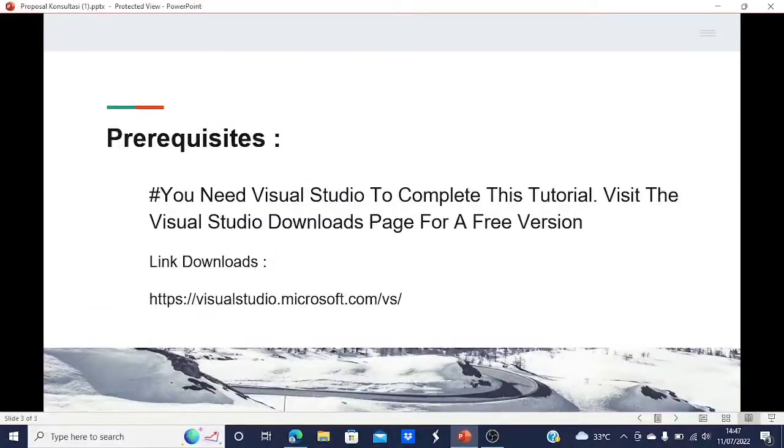And then prerequisites. You need Visual Studio to complete this tutorial. Visit the Visual Studio download page for a free version. Link downloads in here.